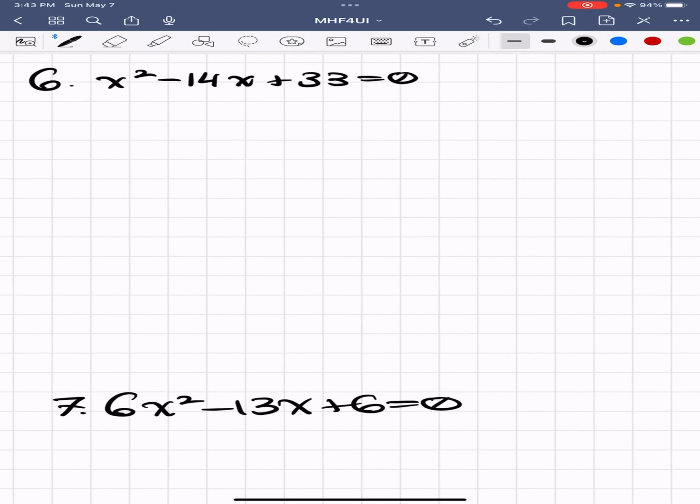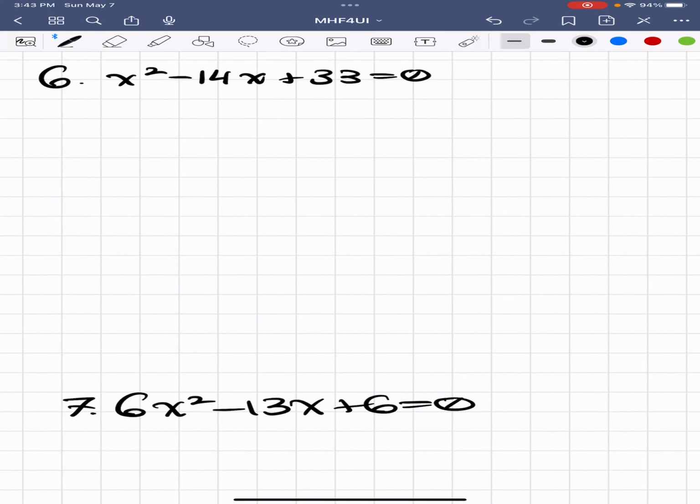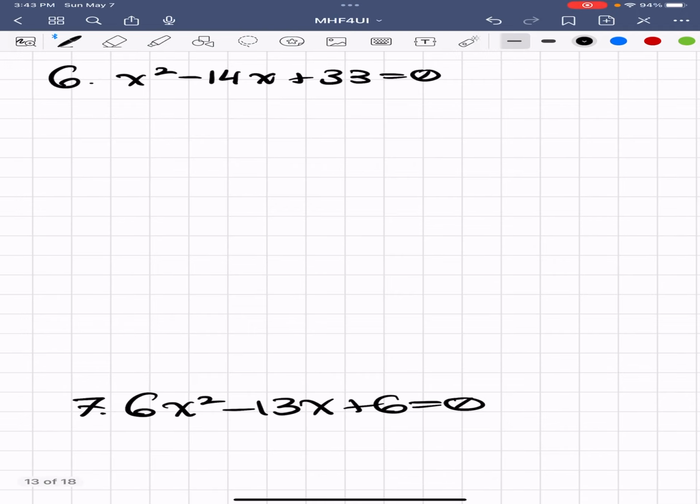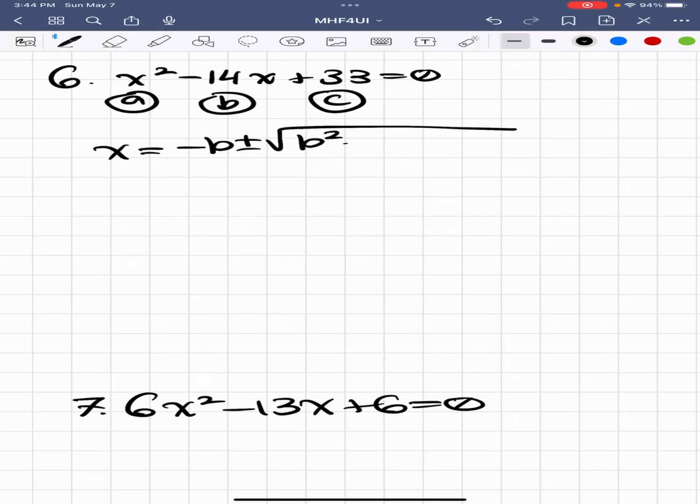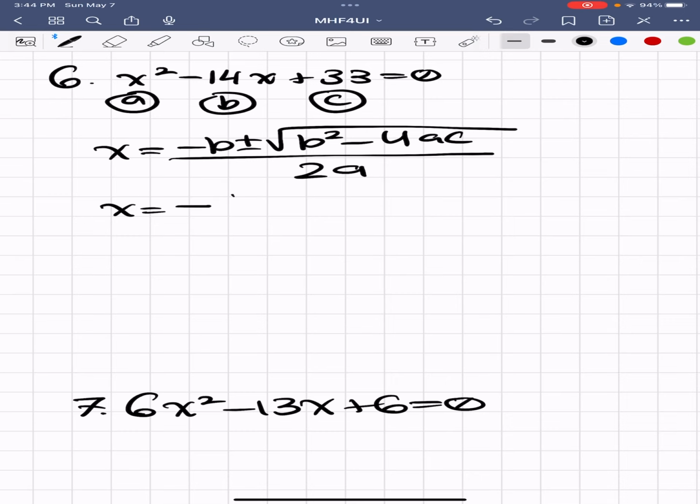Okay, so what we have here is x squared minus 14x plus 33. So we're going to do a, b, and c. And the quadratic formula is x equals negative b plus or minus the square root of b squared minus 4ac all over 2a. So that's the quadratic formula that we're going to use to solve this quadratic equation. So let's sub in. It's negative 14. I used this b up here,